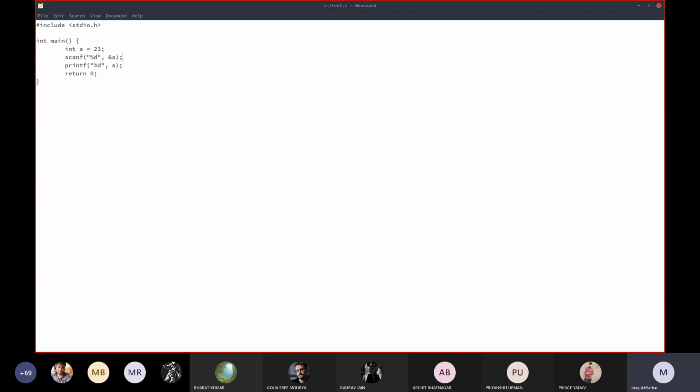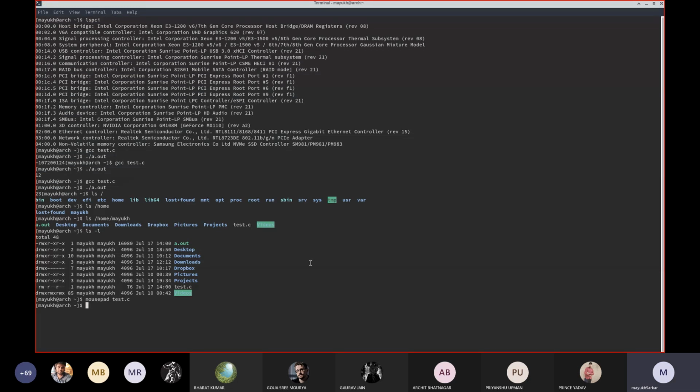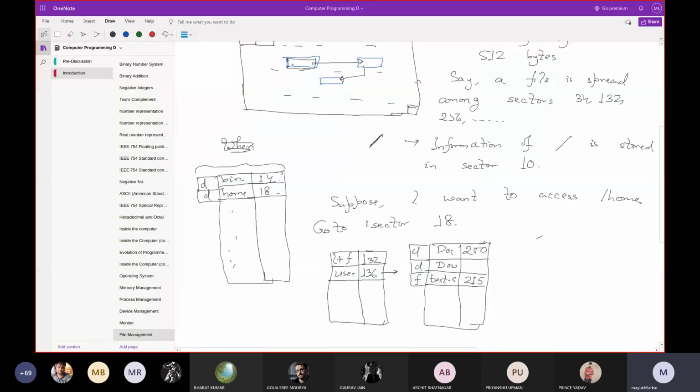It is still in the RAM. As soon as I saved it, it got written to the hard disk. Now either it will be written into another sector, or it will be written into the same sector, but the starting sector will not change.